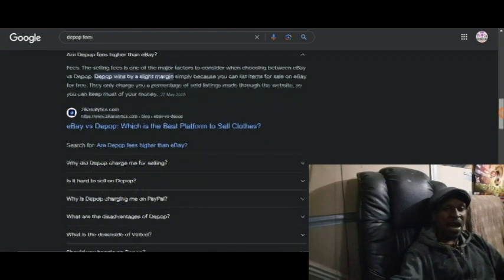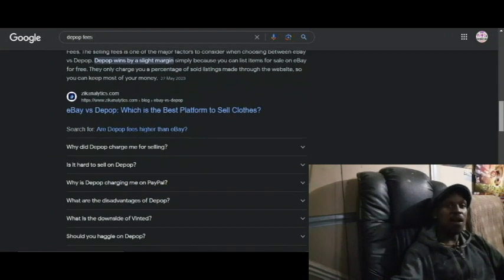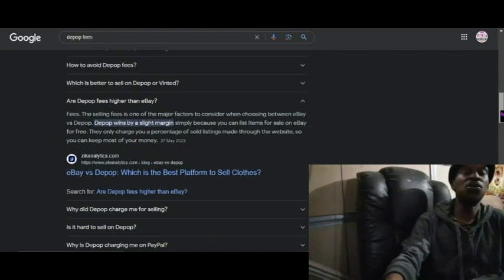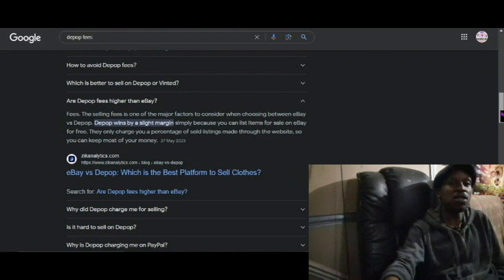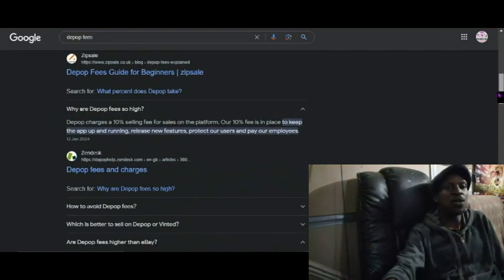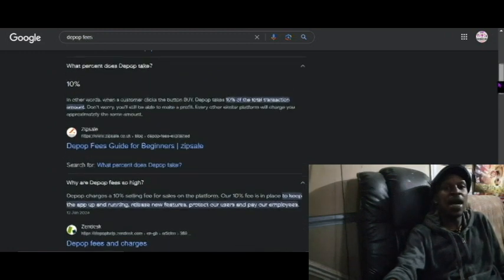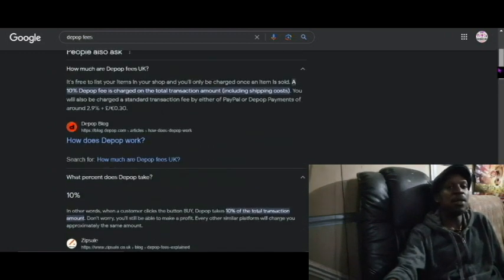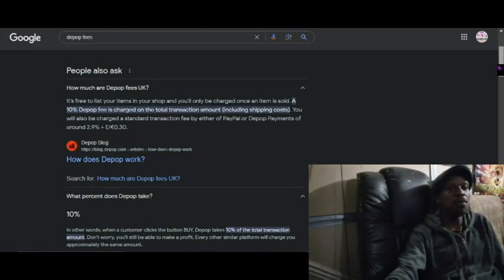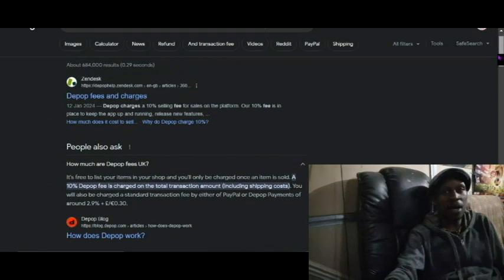And I would say their entry is around 13.5 to 15.5% when it comes to adding up all the different charges that Depop will end up charging you. So that would then be slightly higher than eBay charges for all their services. So Depop is still a good platform to be on, but I would say Depop is the most expensive one,